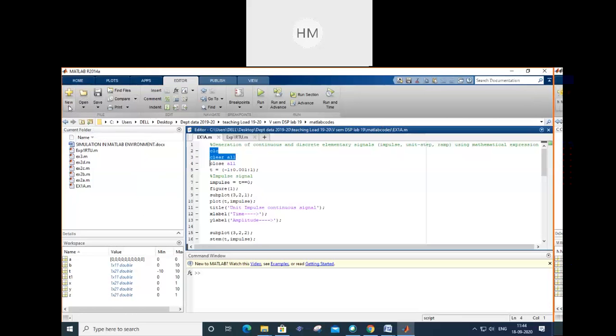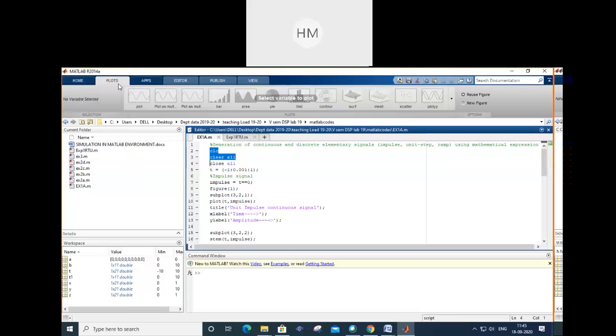You can open a new command window, open, save, you can find your files. You can insert many functions and commands directly from here. You can run your program, and simulation can be done over here. Here you can get a simulation toolbox. On the top screen there are home, plots, a variety of plots.